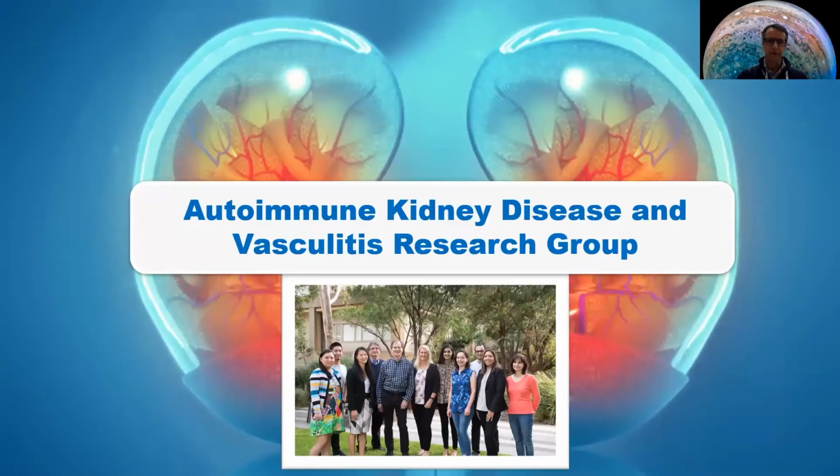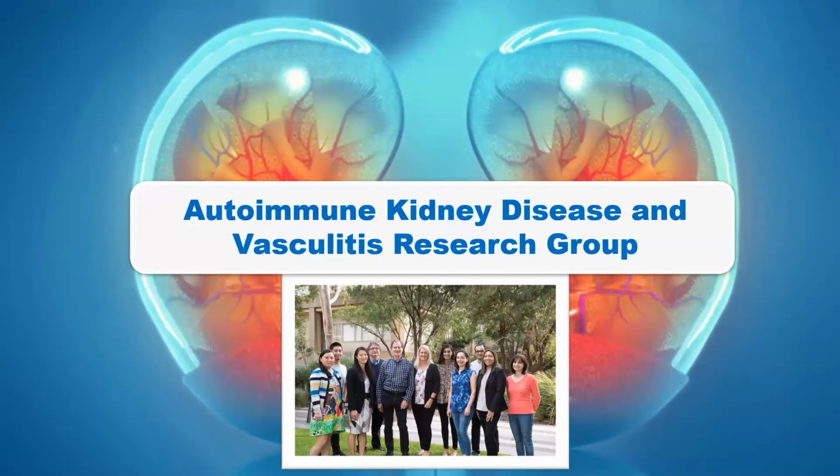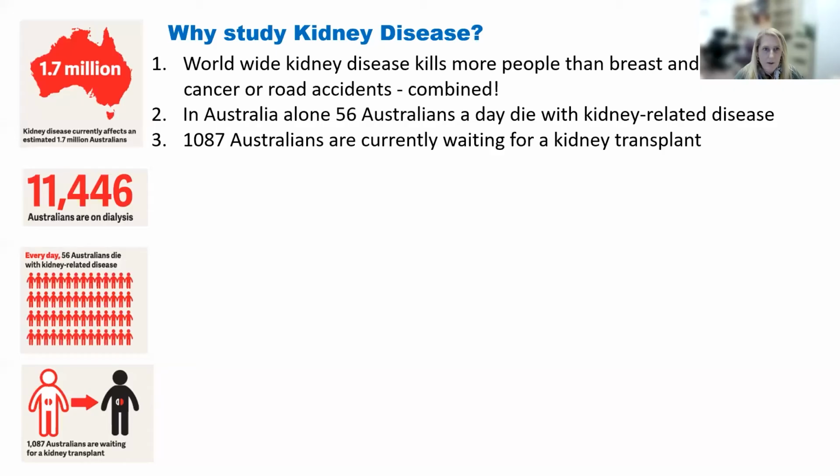We'll move on to Dr. Kim O'Sullivan from the Autoimmune Kidney Disease and Vasculitis Research Group. Hi everyone, as Michael said, my name is Kim and I've been part of the Autoimmune Kidney Disease and Vasculitis Research Group now for about 19 years. This group is headed by two clinical physician scientists, Professor Richard Kitching and Professor Stephen Holdsworth. We're a fairly large group with quite a diverse range of people. We have clinicians doing PhDs, we have third-year research projects, and we have basic science students and biomed students as well.